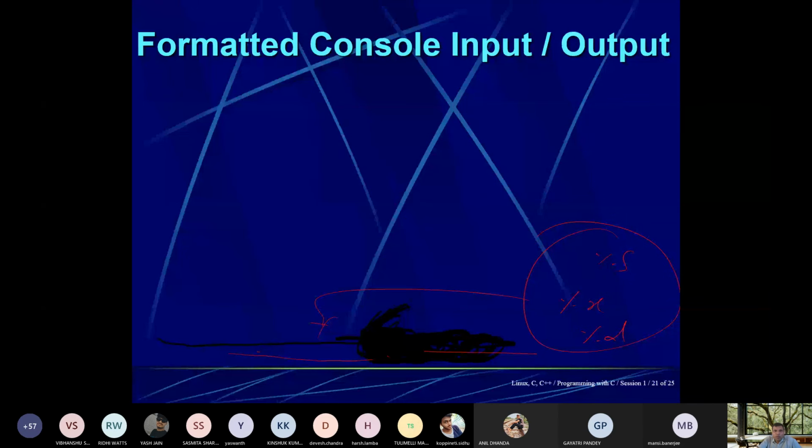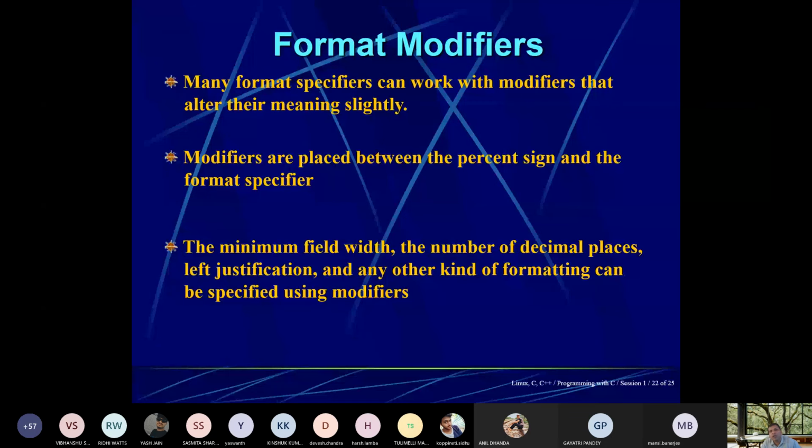Then formatted console input output. Many format specifiers can work with modifiers that alter their meaning slightly. Modifiers are placed between the percent sign and the format specifier. So %2d, %3d, likewise. Let me show you in the next slide. The minimum field width, the number of decimal places, left justification, and any other kind of formatting can be specified with the modifier.